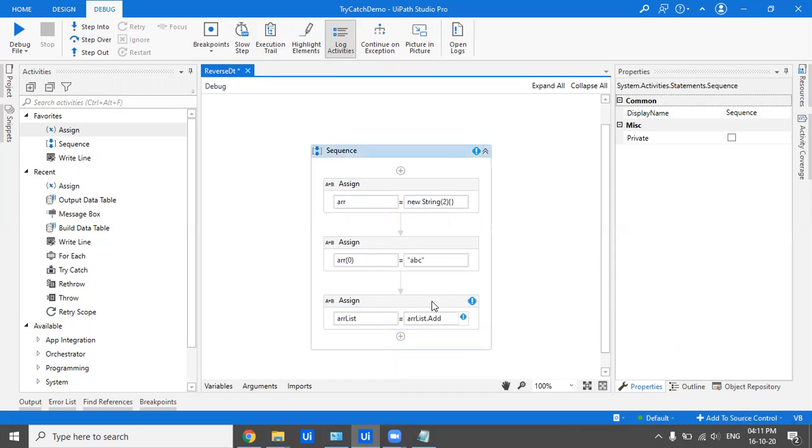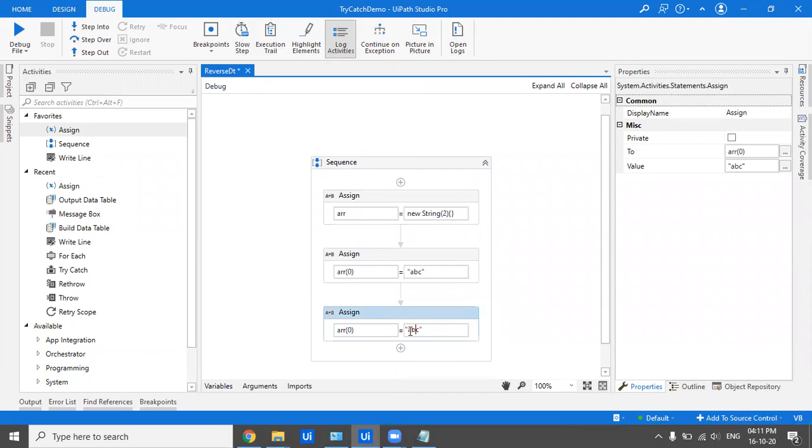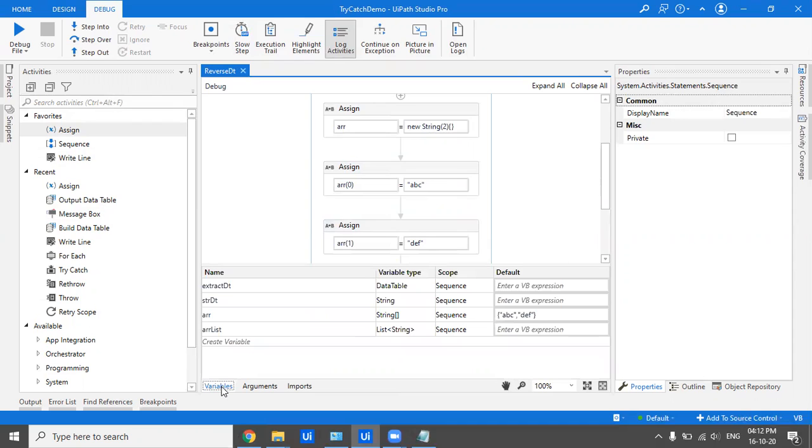Now we have this array of type string and of size 2, and we have assigned these two values, ABC and DEF. And now what we want to do is change this array to a list. So we'll assign this value to a list. So we will do array dot to list. Simple, that simple. And now I'll be printing ABCDEF, which was originally in my array and not in my list.